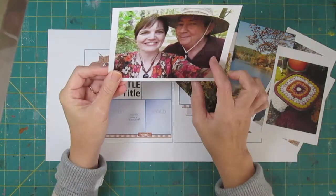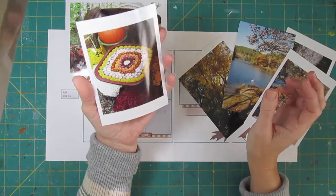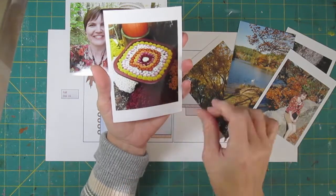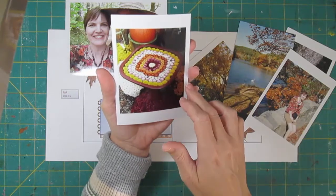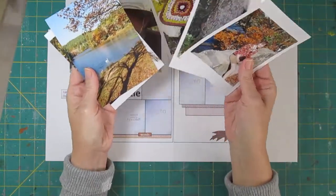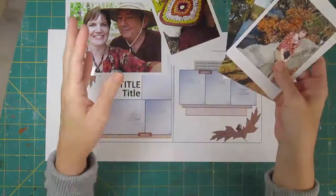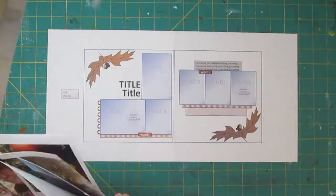So, I got us color coordinated here in this burgundy color, and I have this wonderful photo that I took at a garden center of what they'd taken their mums, the extra ones, maybe the spent ones, and cut them off the plants and made this arrangement. I thought that was really cool. So I've got some really good fall photos to enjoy, these red squirrels running around the tree and all kinds of neat things. So we're going to put these on this 2-pager,